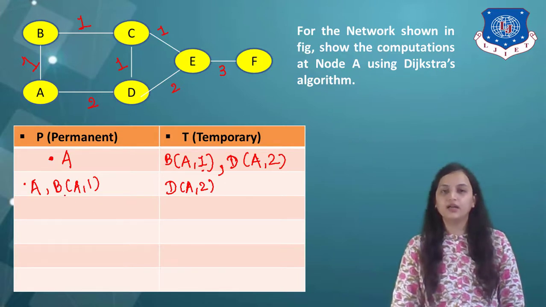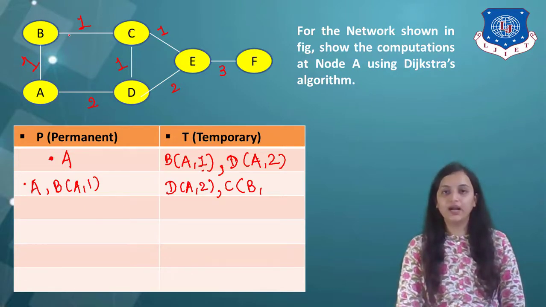Now we are at node B. The same procedure we need to follow for node B. We need to check all the outgoing lines or connections from node B. Node B is connected to C and A. Now A is already on the permanent side, so we need to consider only the C value. In the same way, we write down the destination node C from node B with the distance 2. Remember that you don't need to write down this distance only. The distance is always to be calculated from the root node. So from this it is 1 plus 1, 2. So the entry will be C, B, comma, 2.